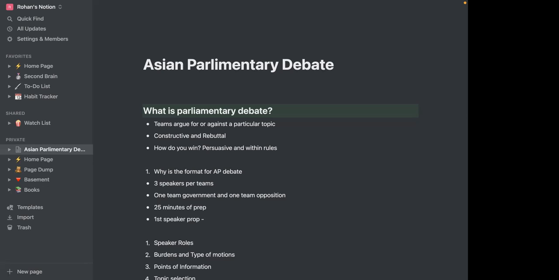How speeches are structured is your speeches are going to be 7 minutes long. You can obviously go lower than 7 minutes, but the maximum you can go is 7 minutes and 20 seconds. If you say anything after 7 minutes and 20 seconds, your judges will just discount whatever you said. You're not actually allowed to speak more than that, because judges will act like you never spoke. So you'll just get ignored. You get 7 minutes and 20 seconds to speak at a maximum. At a minimum, you can speak for 30 seconds, you can speak for 5 seconds. Nobody's going to stop you.